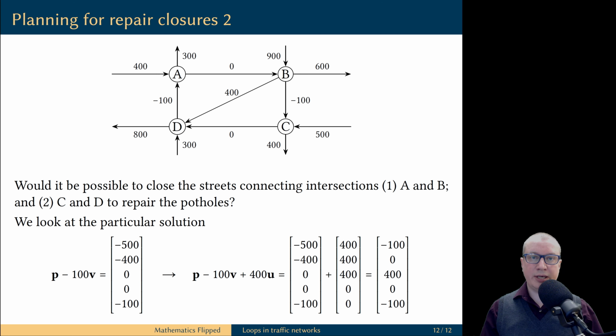However, the solution we obtained is not a practical solution because we have negative flows from D to A and from B to C. Therefore, it is impossible to close two streets AB and CD while keeping the same traffic pattern in a network. Do you see what needs to be done? We just need to reverse the traffic flow in these two branches. So, if you want to close two streets for repairs, AB and CD, then we also need to temporarily reverse the direction of the traffic into other streets.